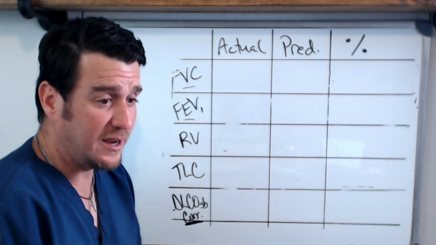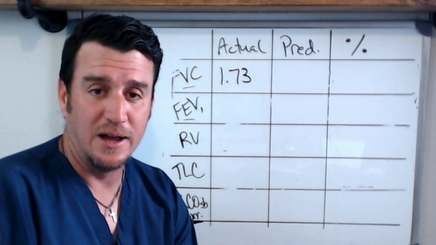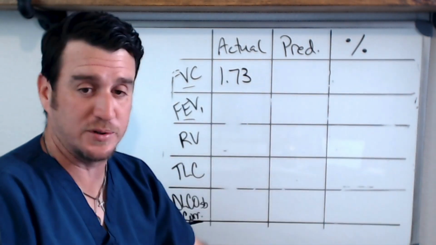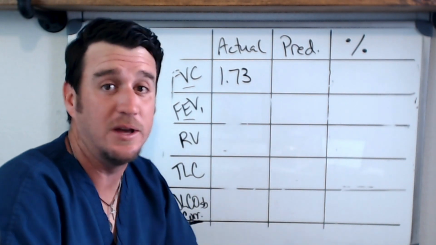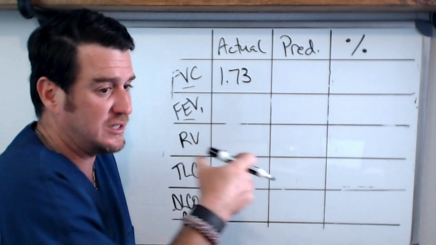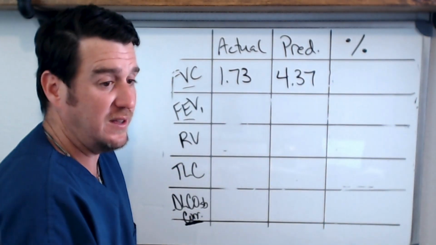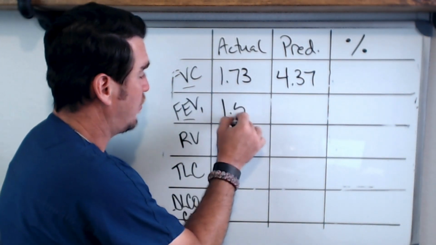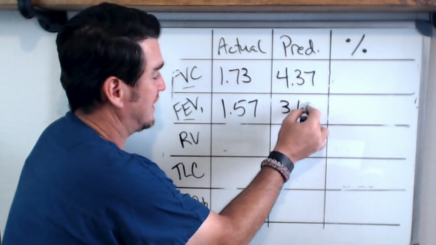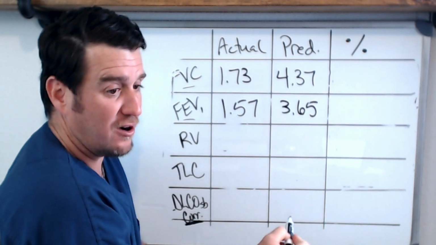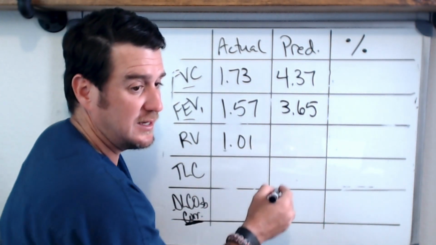Now, here's our values. We have an FVC of 1.73. Now, I'm going to go through and fill in the blanks on the percentages, but as I put them up there, just start doing the numbers yourself so that when I do them, you already have them, okay? And you can check yourself. The predicted is 4.37. Our FEV1 is 1.57. Our predicted is 3.65. Our RV is 1.01. Our predicted is